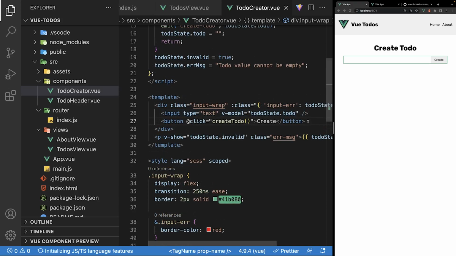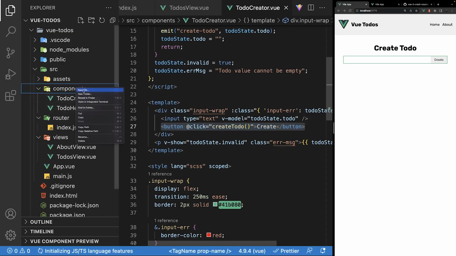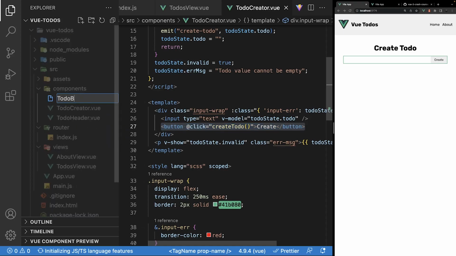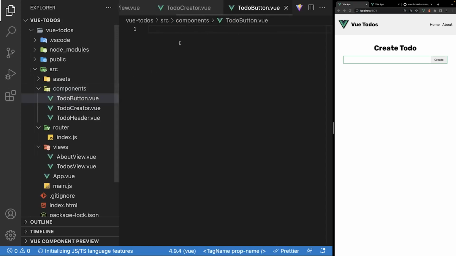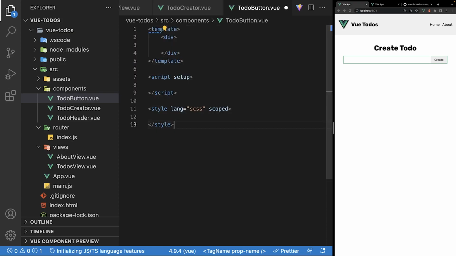Now for this application, we're not going to be having very many buttons. In fact, the only button that we're truly going to have is within this to-do creator component. So again, this isn't probably very necessary to do, but I want to show you how we could use slots. So what we're going to do is create a new component for our button. So in our components folder, we'll create a new file and we'll call this to-do button.vue, and then let's create our Vue boilerplate. So we'll say vbase and we want the 3-setup,